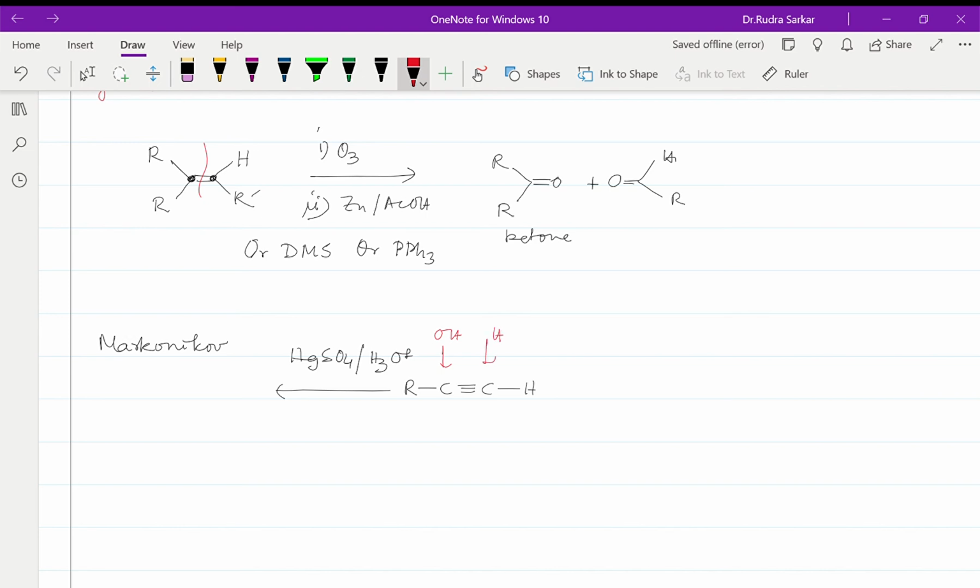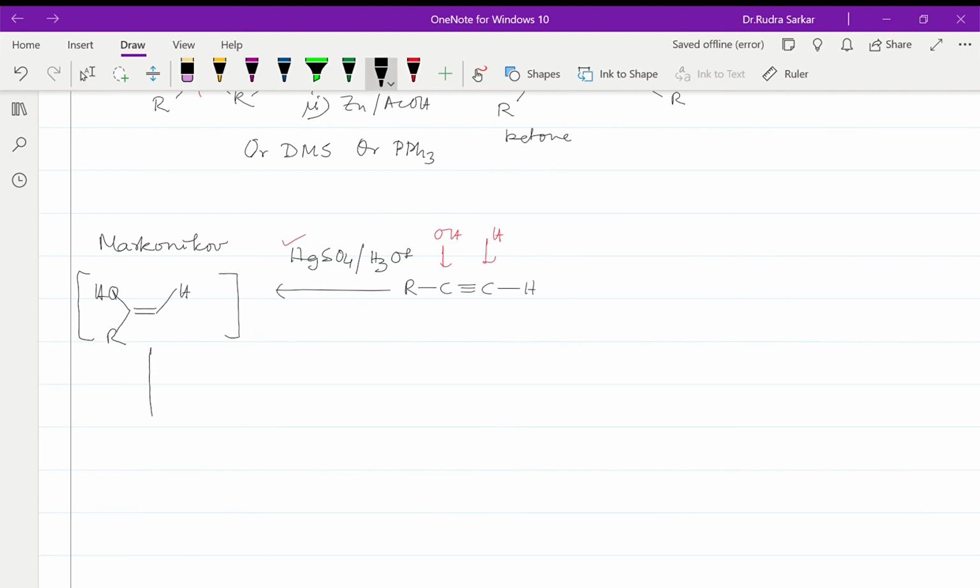So what is the enol intermediate that will be produced? The structure will be something of this kind. This is our intermediate,